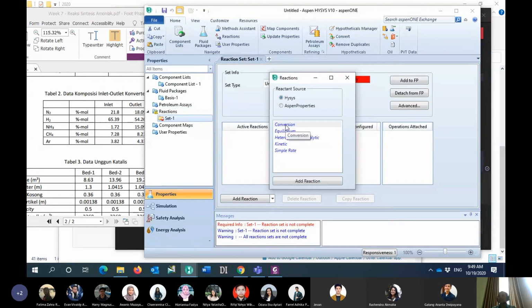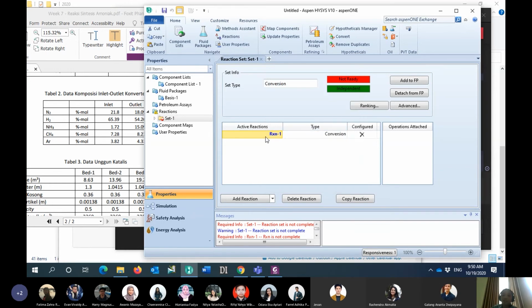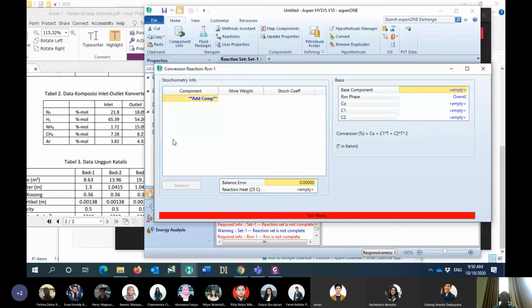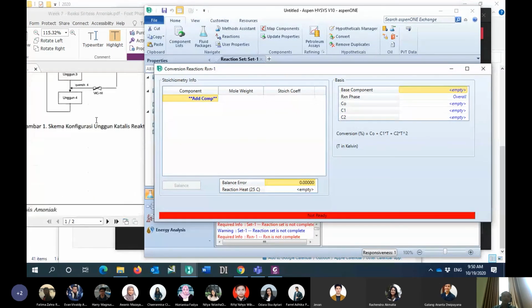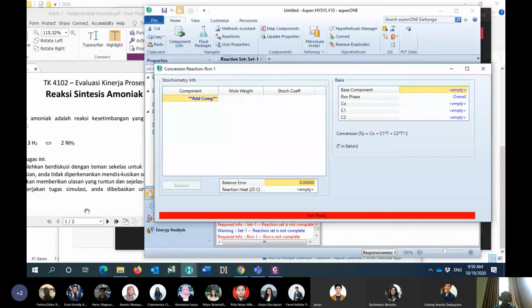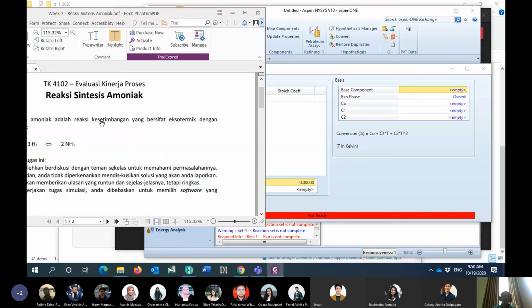For this case, I will start with the simple conversion reaction, because I want to know the correct conversion for each bed. I double click here and add the components for the reaction based on this reaction number.